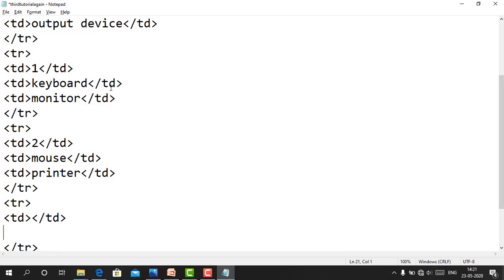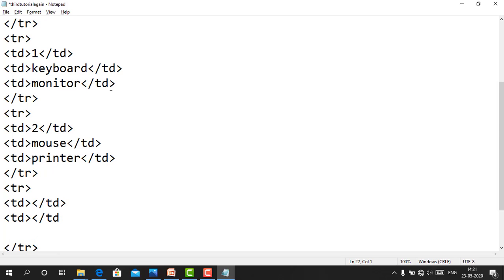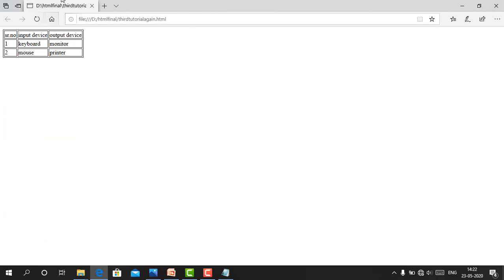Okay, we again have 3 contents here, so 3 td tags are here. Two is done. 3, joystick and plotter. The output should be clear in your imagination. Okay, after this you can do the programming, otherwise you can't do the programming.